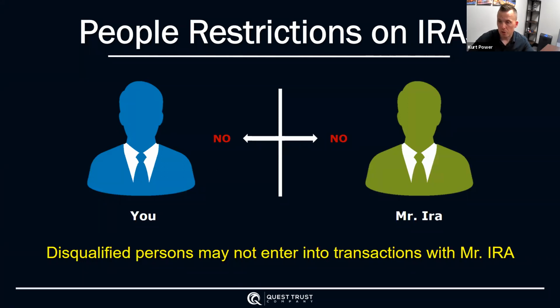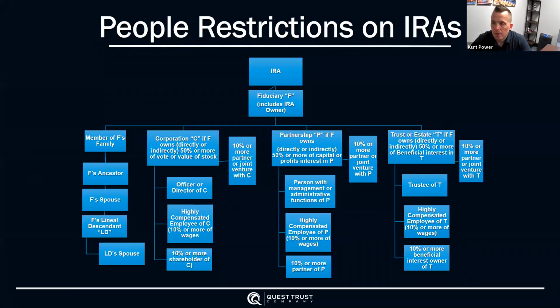So we have you. You are your very own entity. Your IRA is its very own entity. What does that mean? Very simple, guys. It's a very easy chart to understand who the disqualified persons are. Take a couple seconds, write that down, and we'll move on. Couldn't get any simpler. This is easy stuff. Anybody can get this just by looking at it. So this big, scary chart, it's very simple.